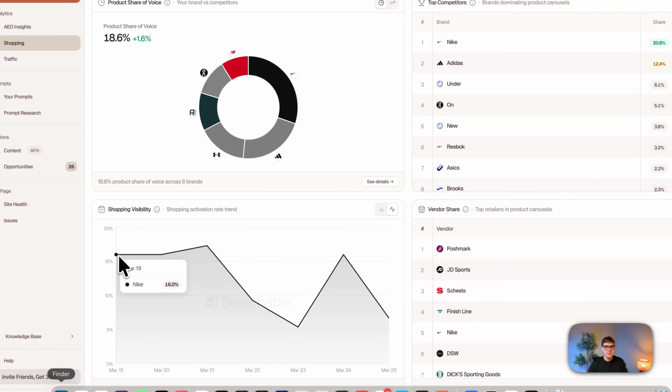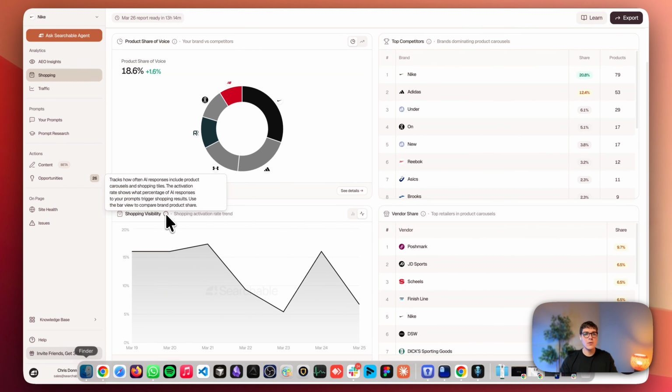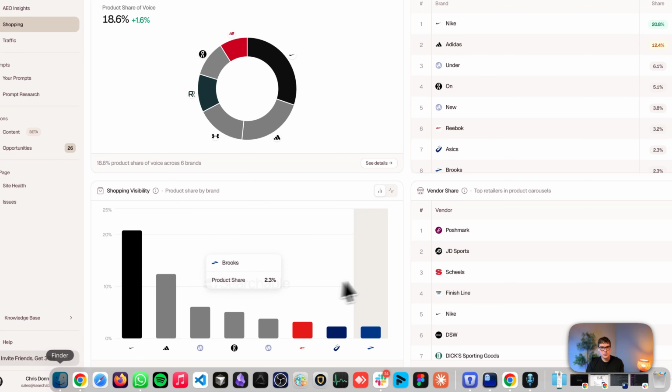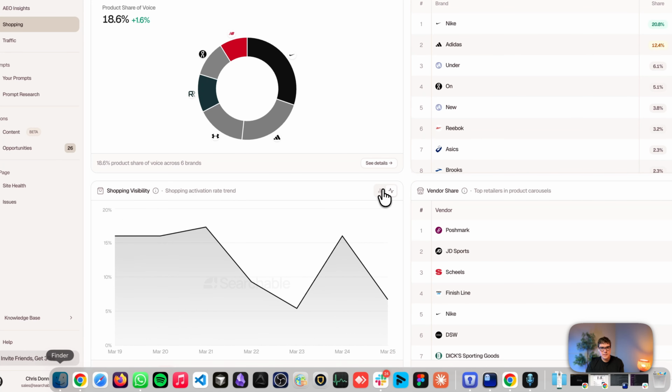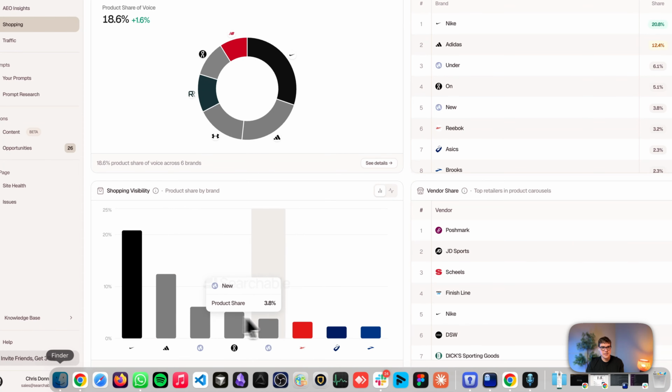You can see the shopping visibility by basically coming over here over the days. It tracks how often AI responses include carousels and shopping tiles. Very important. I did speak about this in an earlier video where we spoke of word transformations and the query fan out. Effectively, what are the modifiers that will trigger different features within an LLM UI or UX response? And these will be huge moving forward as LLMs will grow in their maturity, their usage, and effectively in their UX as well. So understanding exactly how often carousels and shopping tiles are triggered based on the words that are used in the prompt and the query fan outs and the grounding that's done. You can go into a graph view over here, which is obviously incredibly important if you want to change the data and add your competitors in an easier to see way.